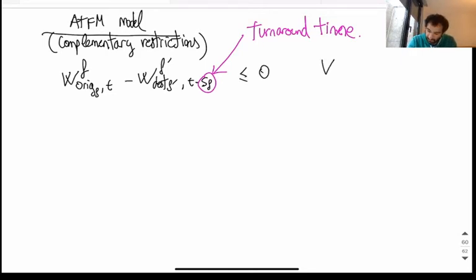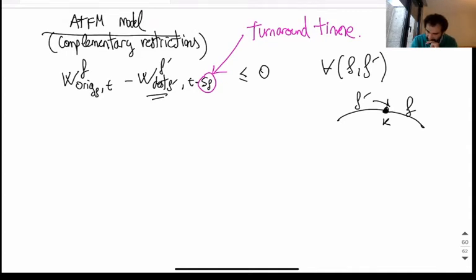And this applies for all pairs of flights F prima, meaning that F prima is continued by F, right? So we will have something like this: this is an airport K, this is F prima, and this is F. The destination of F prima is K, and the origin of F is also K, right? So we are pivoting around the airport that is connecting the flight. This applies for these pairs of flights that belong to the set C, remember, of flights that are continued,